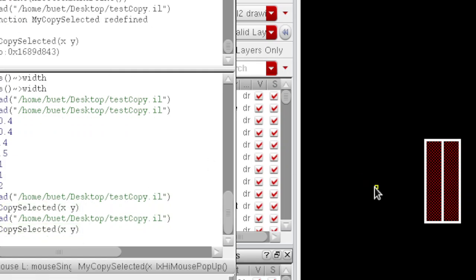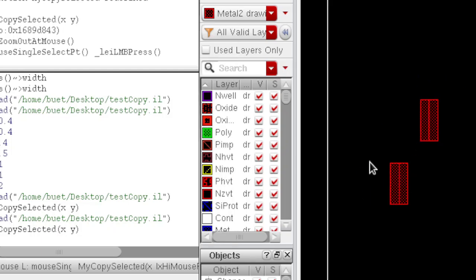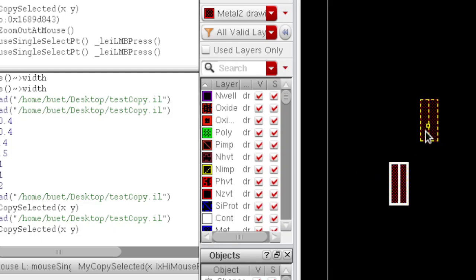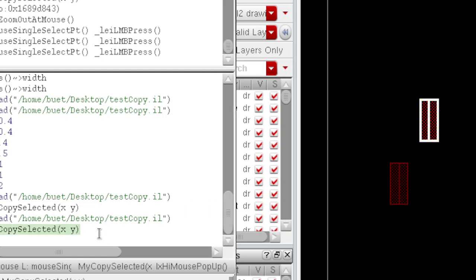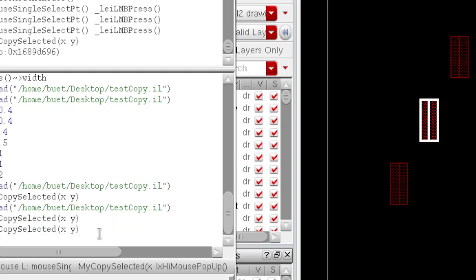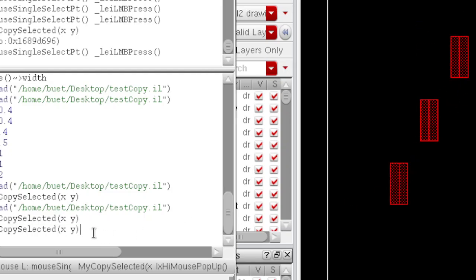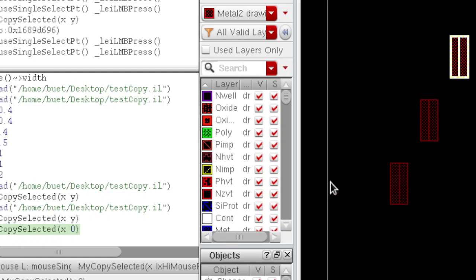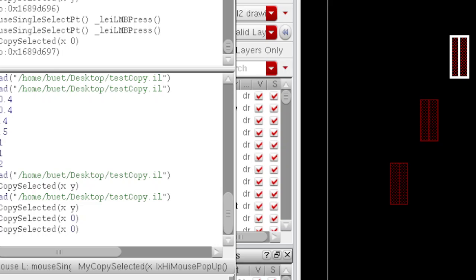And yeah. So it has given me a copied shape x and y, right? If I select anything like this is a shape, and I want to copy it, I'm going to give this command and it will be copied here, right? Now we can use it in so many other ways, like if I just want to copy the shape in x direction, I will just give the y value 0, and if I enter this it will give me the